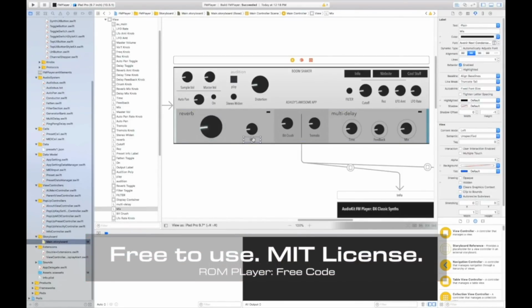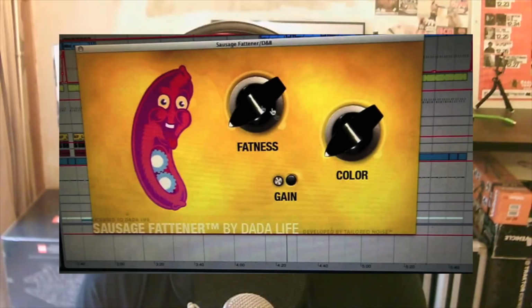Yep, absolutely. Coming from a music production background myself, one of the biggest pieces of advice that I could give is that producers, 9 times out of 10, want something simple. If you look at Dada Life's Sausage Fattener, that was something every electro house producer was putting on their track.